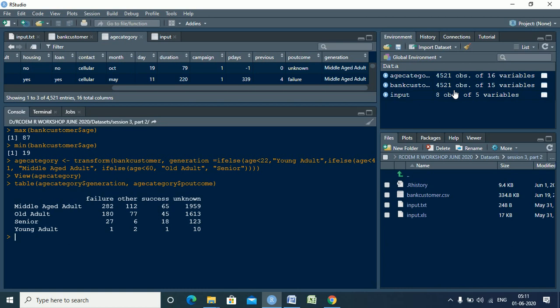So it will return 452 rows which have been chosen at random from the 4521 observations, right? What is the usefulness of these functions? They are used very widely if you want to arrive at standard errors or confidence intervals, or get an idea of how stable your result is.